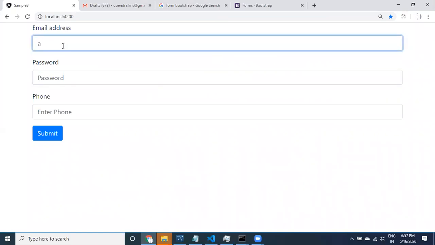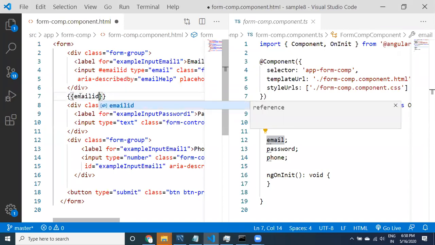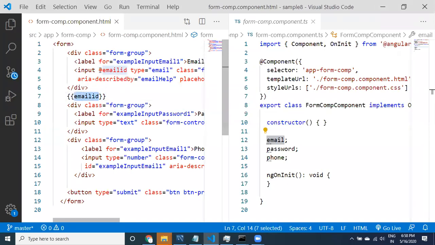So let's look at it. See here, guys, you can take this value. How I'm going to take this value, I'm going to tell you in the next step. But make sure that if you take something like emailID and provide it, this is a new concept I have just introduced today only for you people: the template reference variable. That's why I'm going to give you more explanation about this.